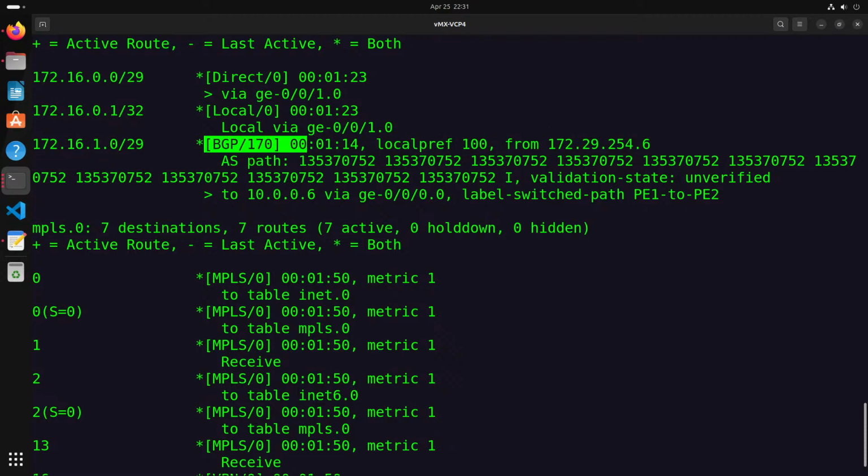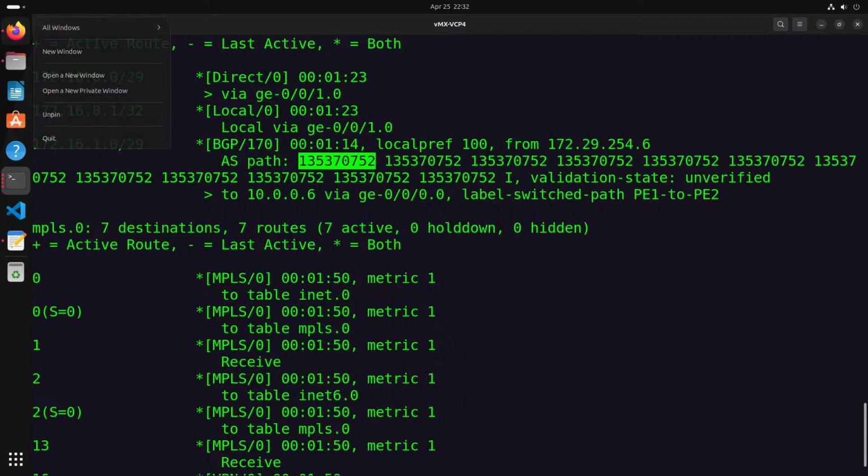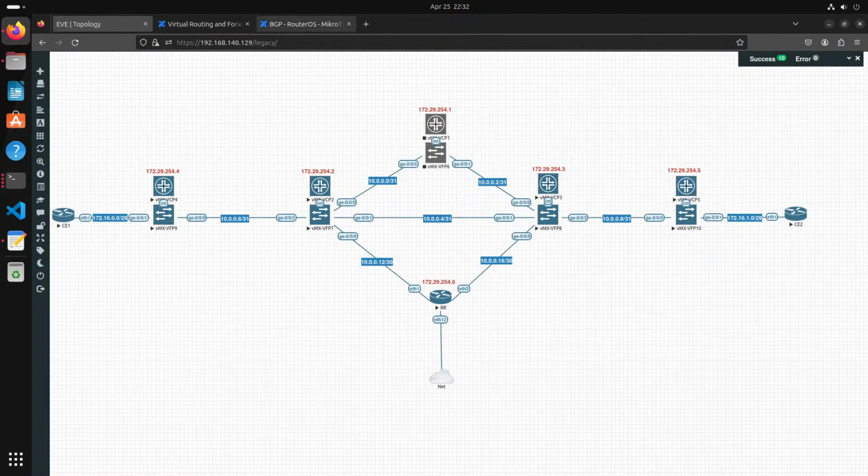It is over BGP. That is how long I've learned the route. We've got local prefs, standard stuff. Here's our from IP. I have set stuff like a next hop. I'm not sure if this is normal, this AS path. This doesn't look normal to me. 135.370.752. And if you Google this AS path,